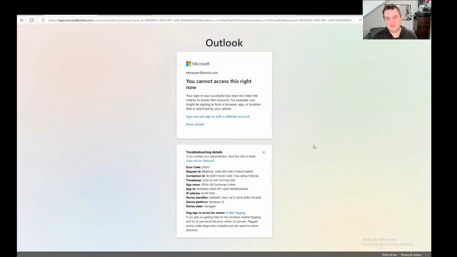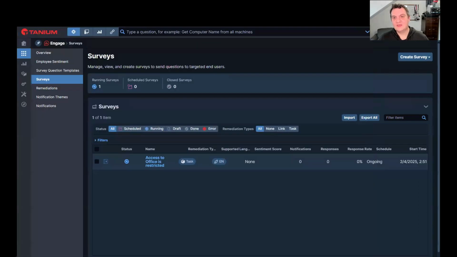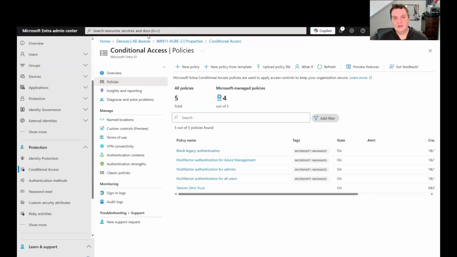If you look at what we've just set up, bang, you're in, and it's the same user. It's just looking at the health and the posture of that device. We'll give that a couple of minutes to kick in with DEX. If I come back to